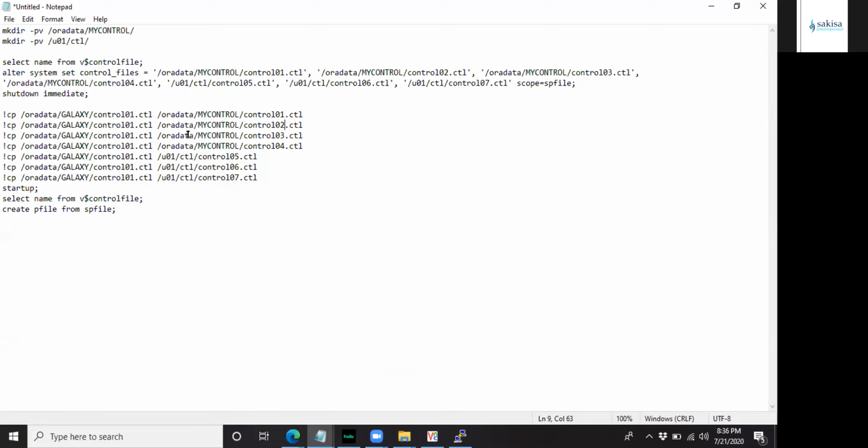Because in one question, you're going to be asked to take a full database backup. So that means you're going to end up having 2 control files, control 1 and control 2. Yeah, you're right. Actually, my initial idea was to copy it and go delete those ones, but I could still move it.